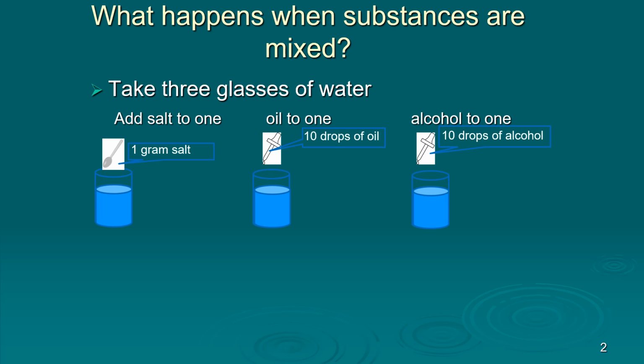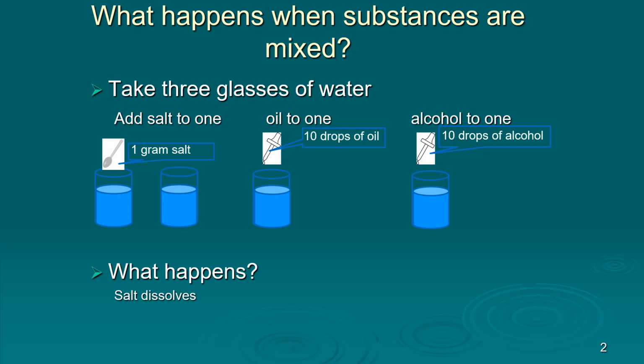So let's take 3 glasses of water. I'm going to add a gram of salt to the first one and stir it up. Add 10 drops of oil to the second one, stir it up, and 10 drops of alcohol to the third. What's going to happen? All right, well,